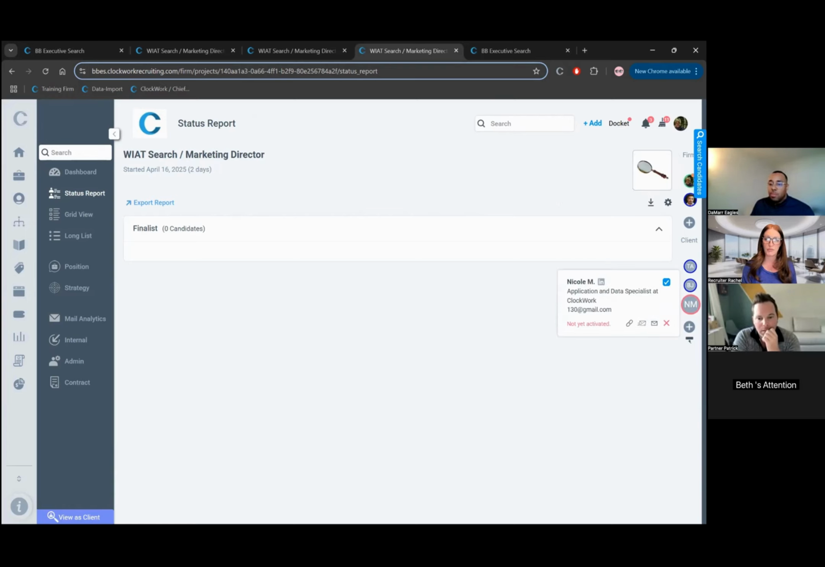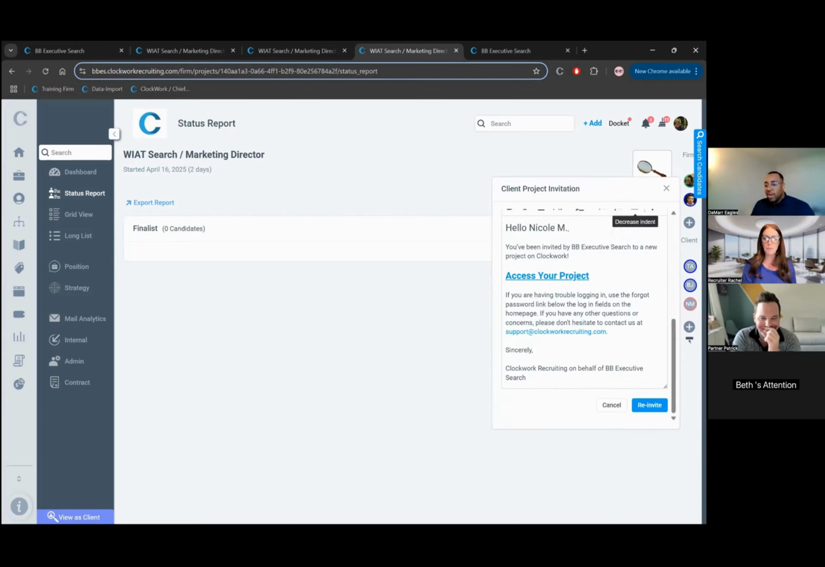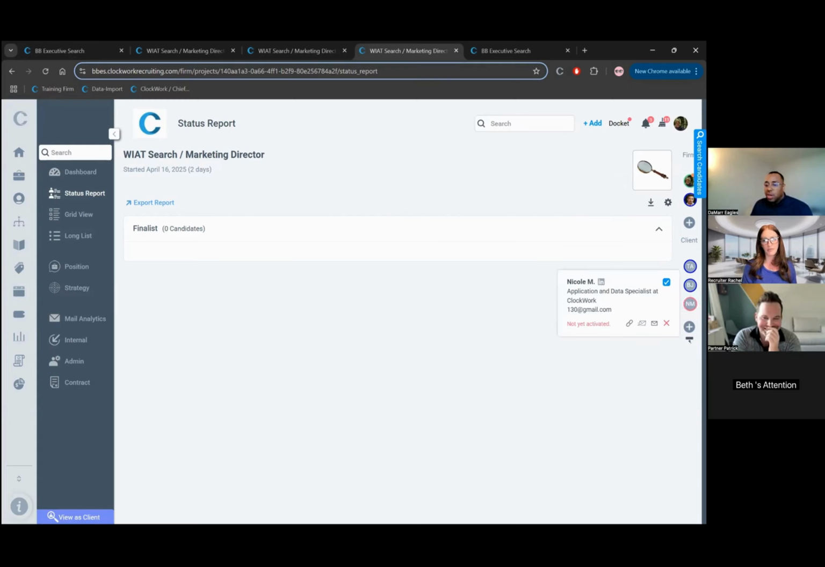So the first being not yet activated, this means the client has not created a password or hasn't done anything yet. So you can either use this envelope here next to the red X to re-invite them with the same message. Or you can click on this link icon here, which copies the invitation URL. And so you can email the link to them directly and kind of cut out the middleman if you want some more urgency there. The other option we have here